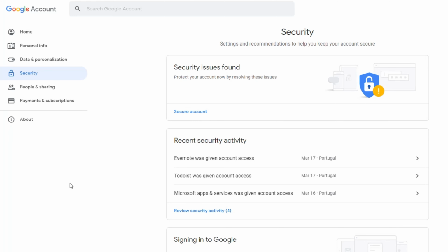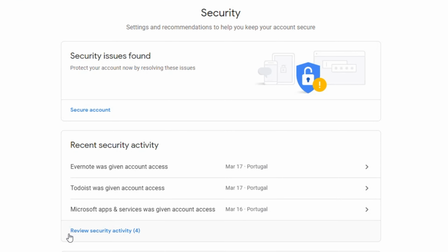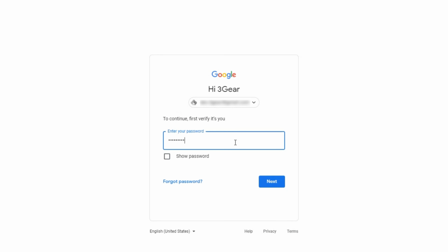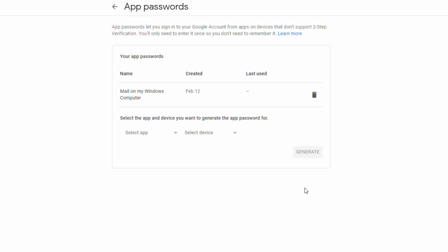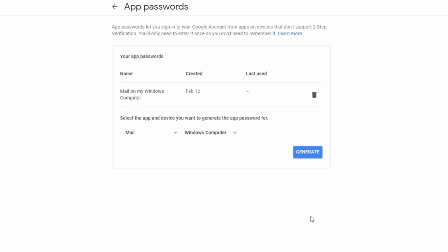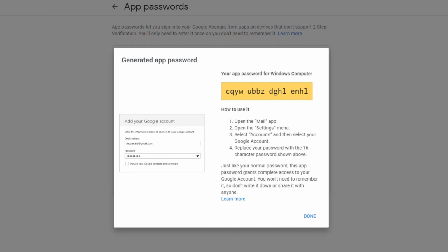At your Google account, you go to security, then sign in to Google. You need to create an app password. Here you can select mail, Windows computer, and generate.